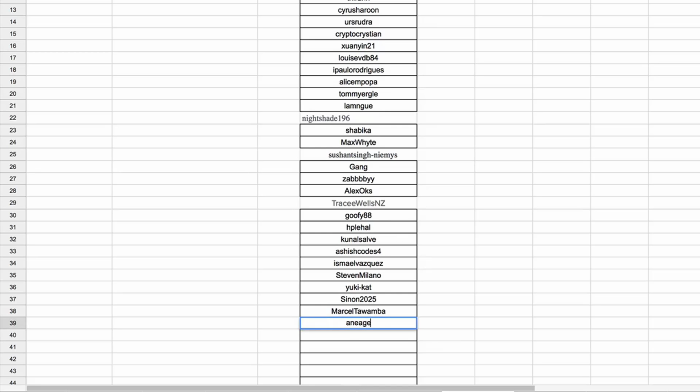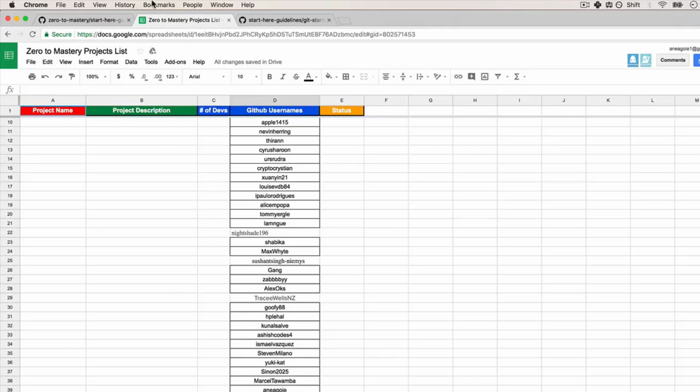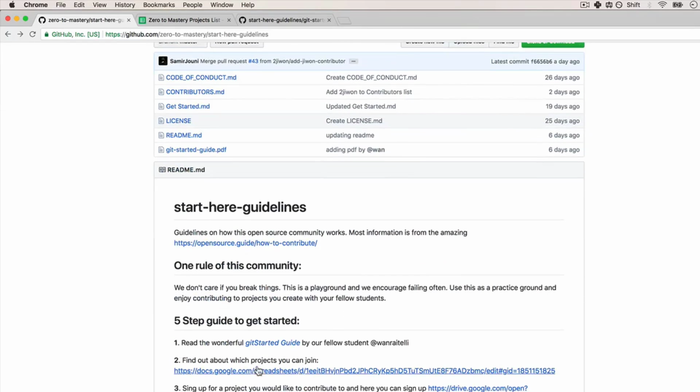In my case, it'll be this handle, and that's it. And the admins are going to look at that and add you to the project. All right, so once we've selected